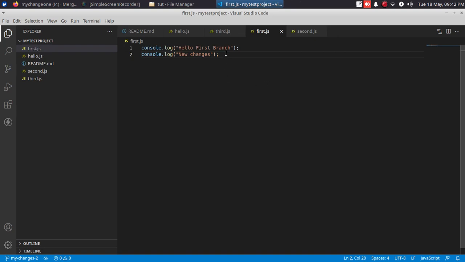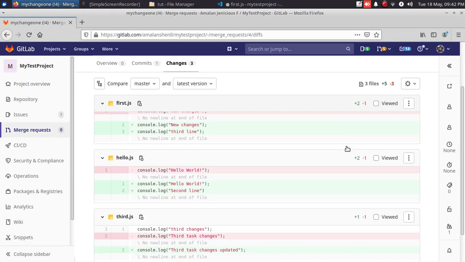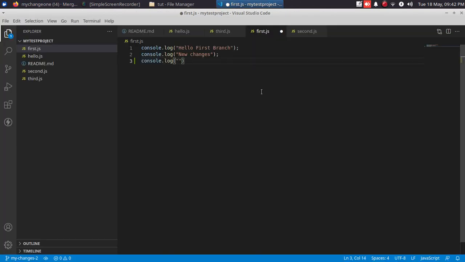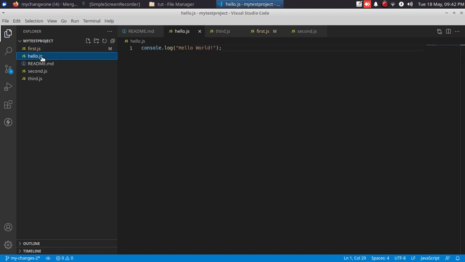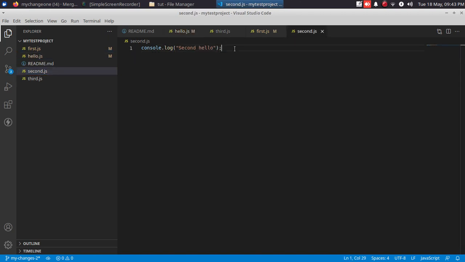Okay, so here I'm having on console.log. For example, let me check in the changes. So in first.js, I'm adding another line. Okay, so without pulling master, I'm changing another line. And hello.js also, here also.